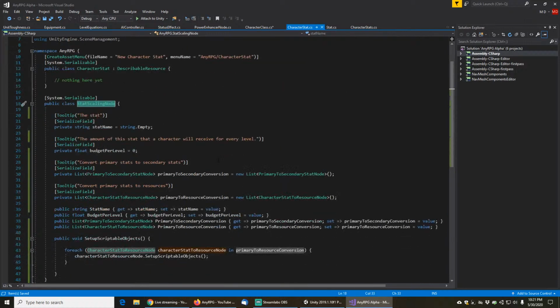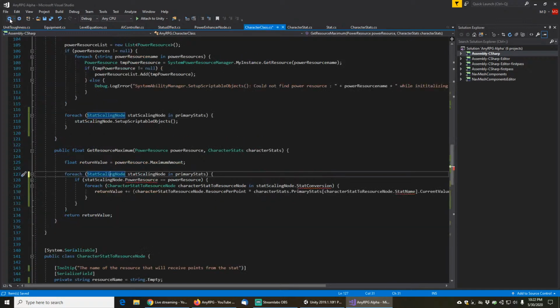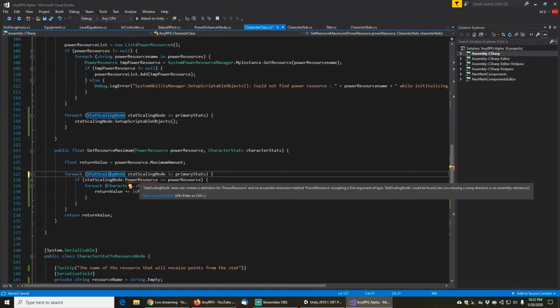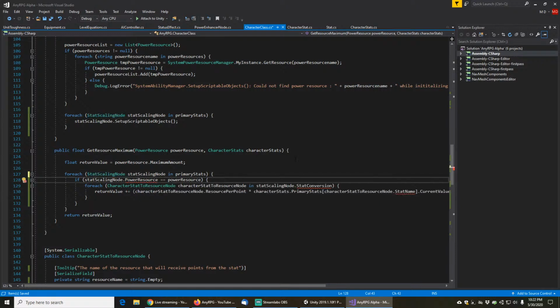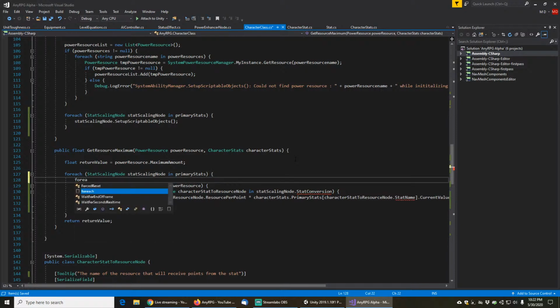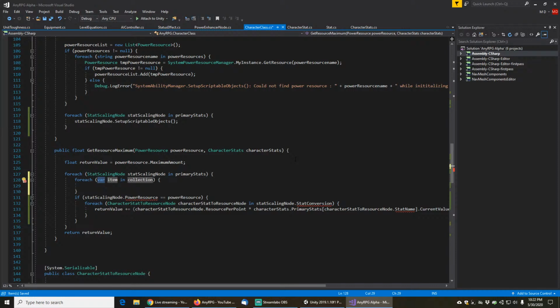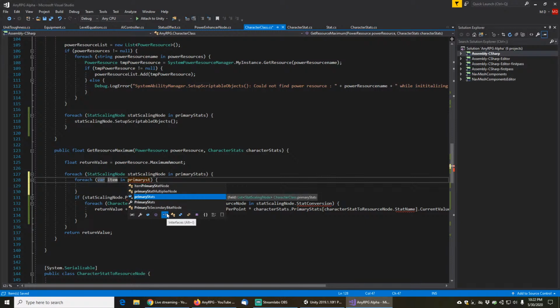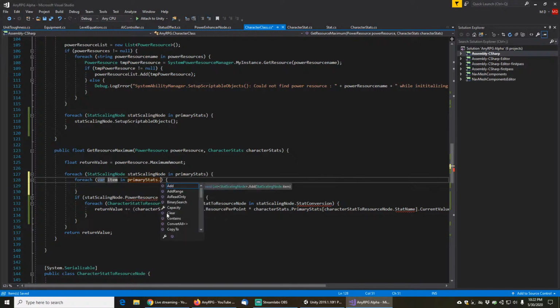So the stat scaling node has a list of primary to secondary and primary to resource. So we need to, I think, do a for each loop then. So we need to look through the primary stats dot